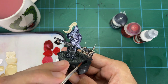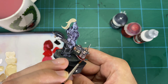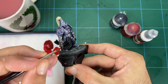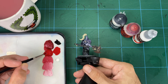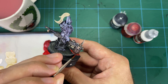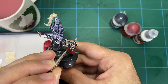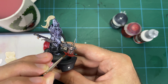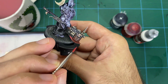And then finally we're moving on to the red power axe, and the eyes and so on, so anywhere that you want red. So with that axe, we're again setting up a gradient through Mephiston red and a little bit of black for a slightly darker tone, moving up through Mephiston and then adding little bits of white to that up until maybe about a fourth step where you've got quite a pinkish white tone. And again, we're just starting with a base, and then, as you'll see me do, painting the Mephiston on, but leaving the depression in the axe where it starts to change surface, so the plane. You'll see me flicking my brush in a feathered way to simulate that shadow that you get as the plane changes on the axe,